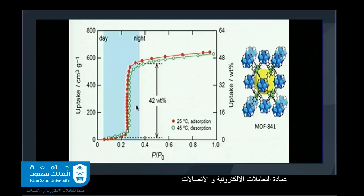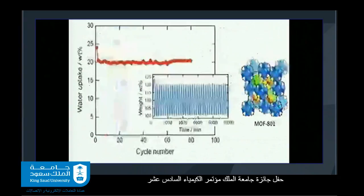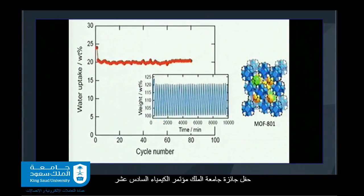So for example, we did this for Tabuk, the city north of Saudi Arabia. And in Tabuk, you can take this material, we call it MOF 841. During the night, the temperature is 25 degrees. It absorbs water from the atmosphere, fills the pores, and during the day, you can release that water at 45 degrees. And you can see here the cycle of uptake and release up to 80 cycles, and the performance is still